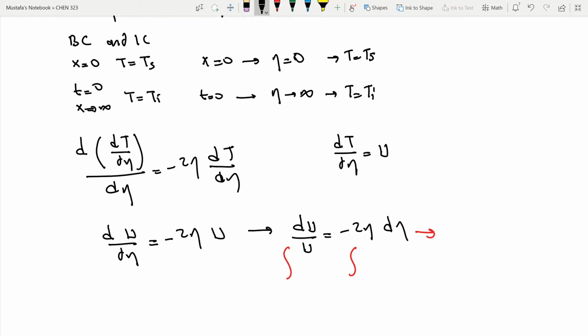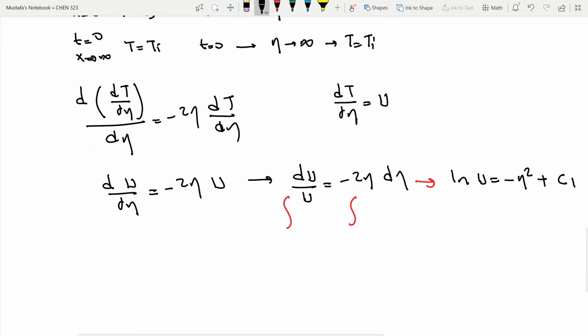then I will obtain ln u is equal to minus, I'm going to divide it by 2, so 2 is going to cancel, minus eta square plus an integration constant. Let's call this C1. Okay, so this is the integration constant. Now if I continue here,